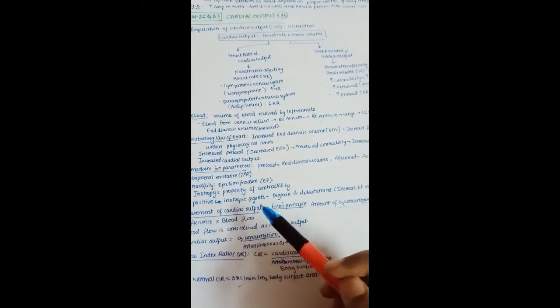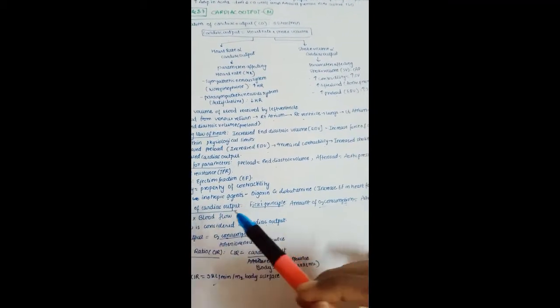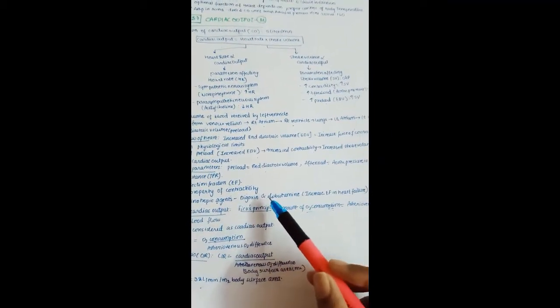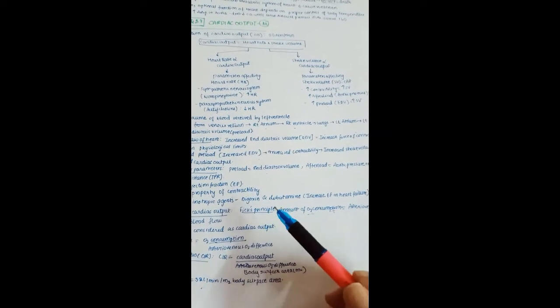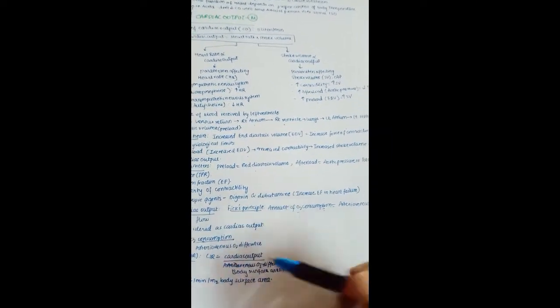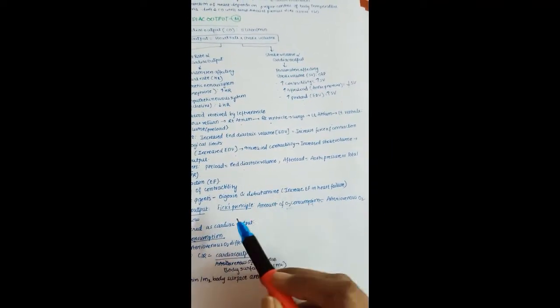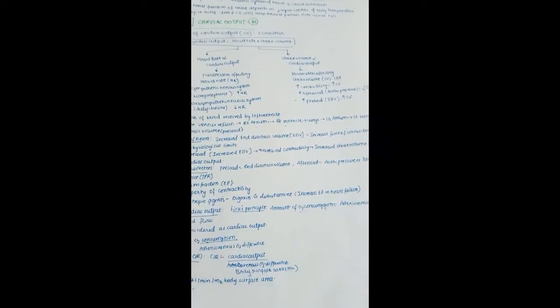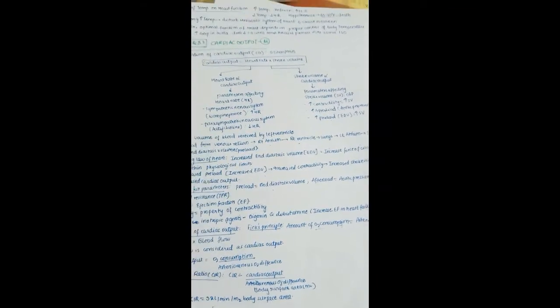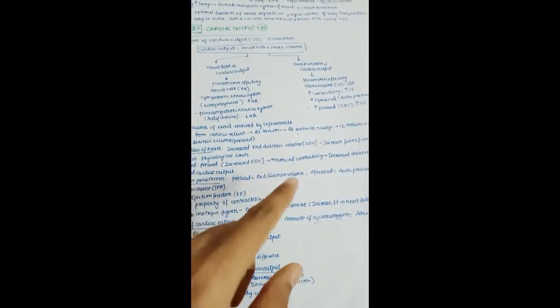So what are those positive inotropic drugs or agents? We can give digoxin, dobutamine. These are the drugs which can increase the contractility and cardiac output. So you can see an increase in ejection fraction in heart failure. Also, of course, an increase in contractility has as its parameter the ejection fraction. So you can see these words are like synonyms.